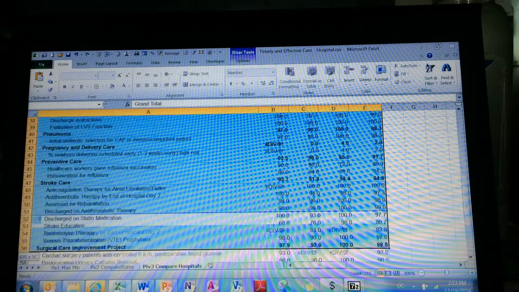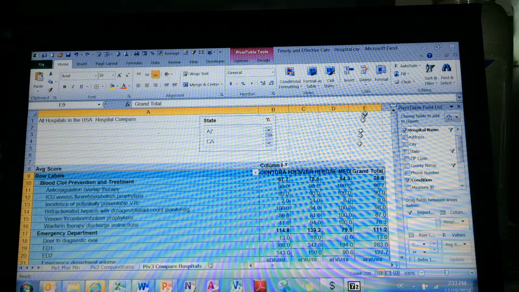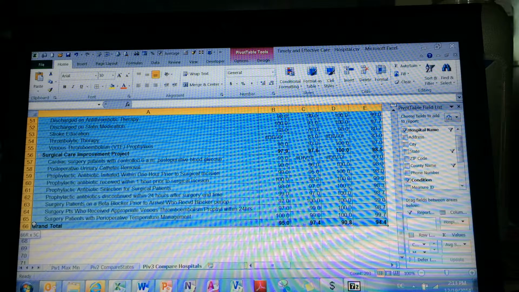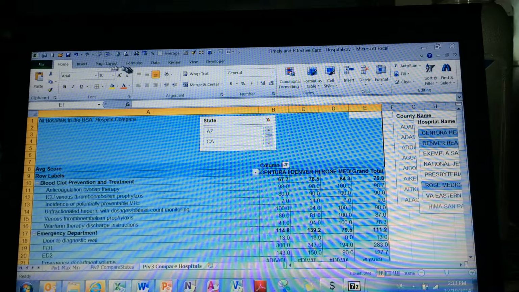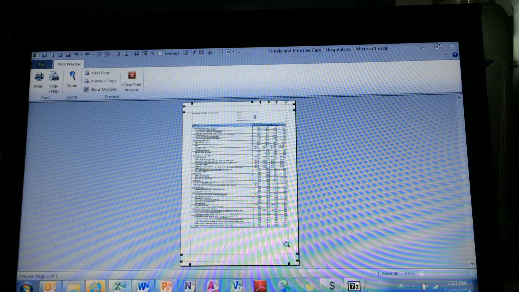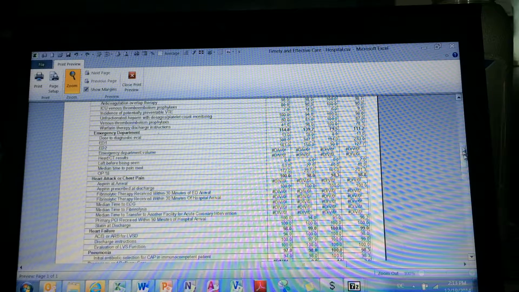Another thing I like to do is click on these borders just to make a nice little name for myself. Then I block the area that contains all of my results, and I've got it set up so I can set the print area. If I go to the print preview, I can go to page setup. As a portrait, I can fit 1-to-1, and in just a few minutes I can print the comparative data for 2013 side by side